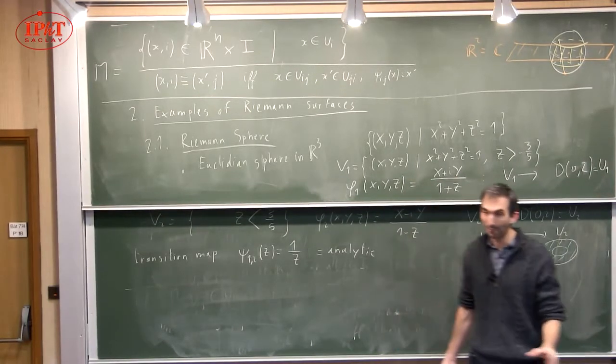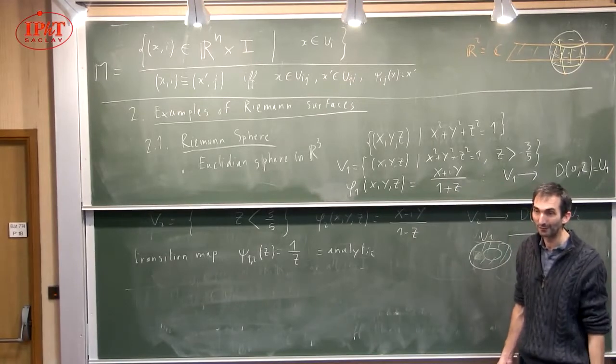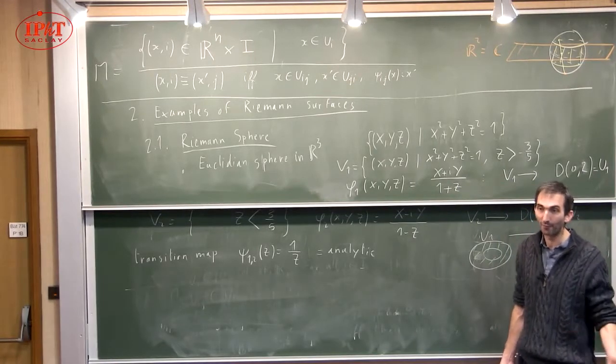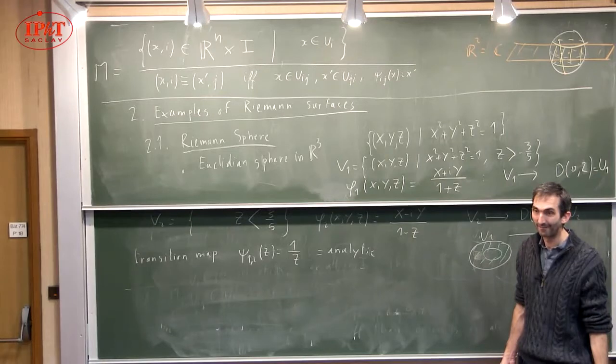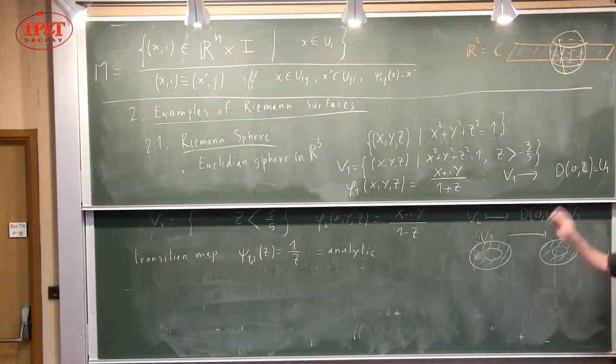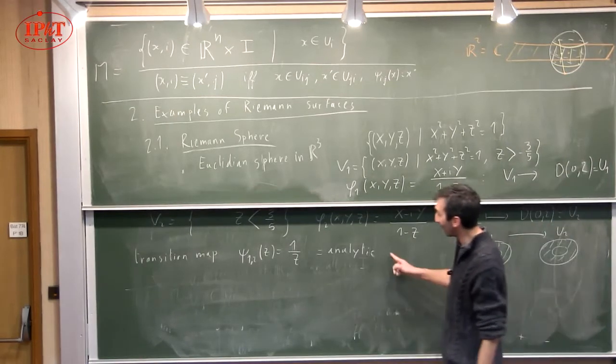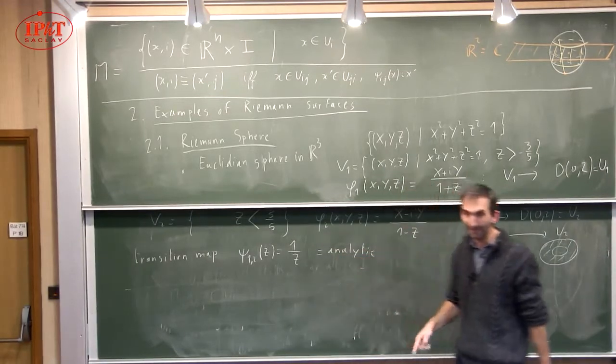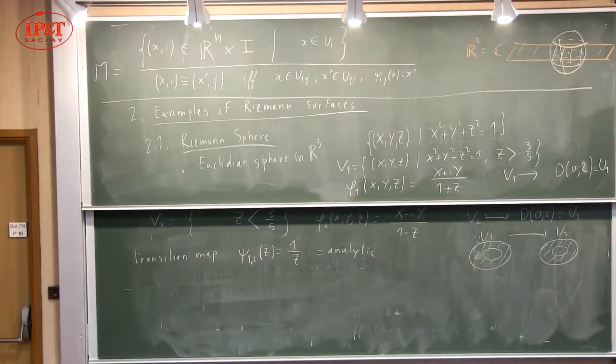What I call a homeomorphism is an analytic function for R2 identified with C, a holomorphic function. So okay, maybe it was not clear. For Riemann surfaces, you insist that the transition maps must be analytic. No. I mean,